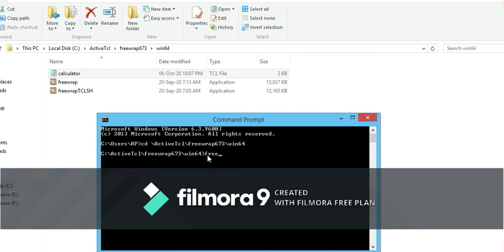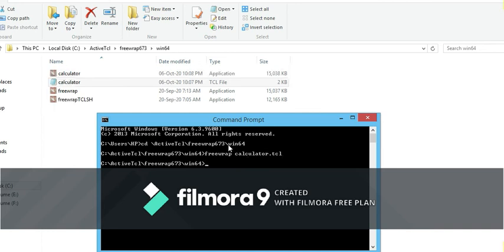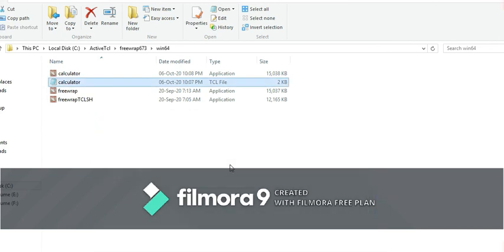Simply write the command name of the software, freewrap space calculator.tcl, which is the name of the file. Press enter. You can see in the background that a new application has been created, the calculator application. The size of the file has increased to 15 MB. We can exit from the command prompt window. Now our application is ready.